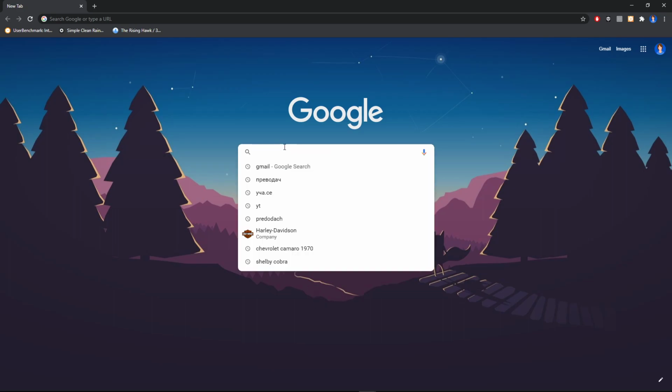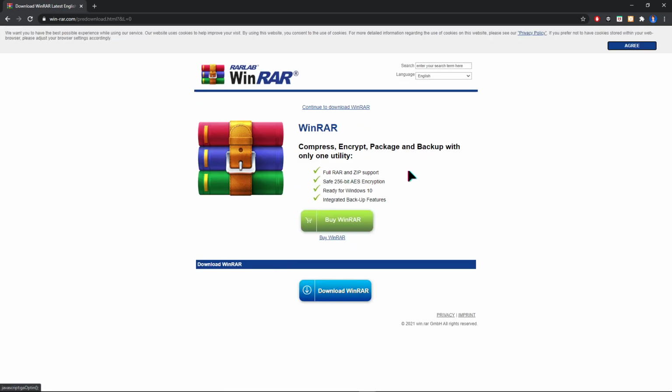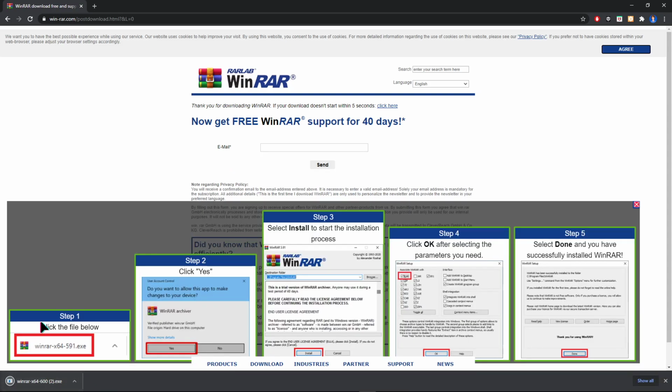So first, search in Google WinRAR like this and open the first link from here. As you can see, you can buy it, but we don't want to cost money for that, right? We want to download it free. So just click on download WinRAR, click on again download WinRAR, and as you can see it's here, but I've